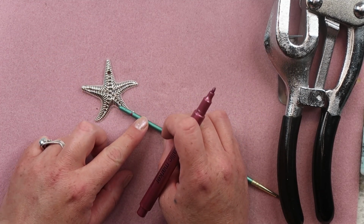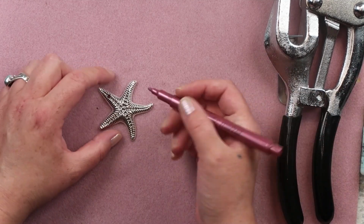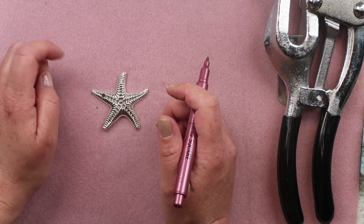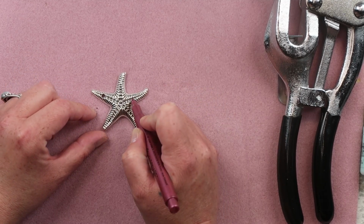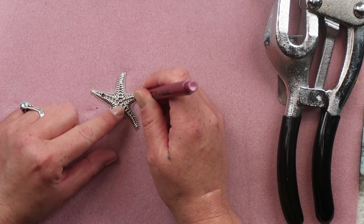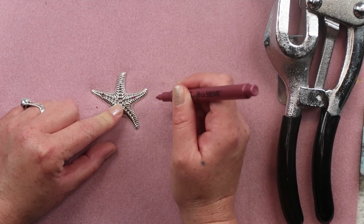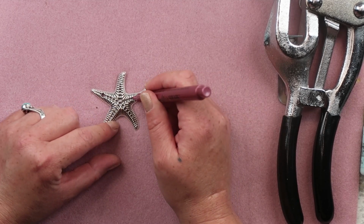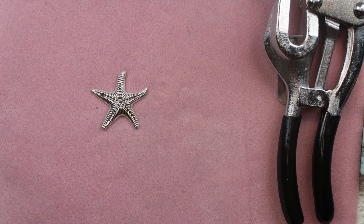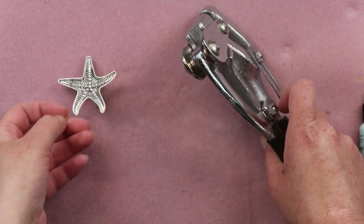It's not exactly going to work because it's not quite the end of the star. So I'm just gonna put a mark here, which is where I think would be a good spot to put a hole. And then we're gonna punch it. So I don't know if this is gonna work